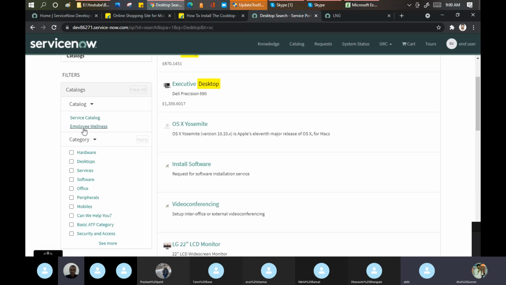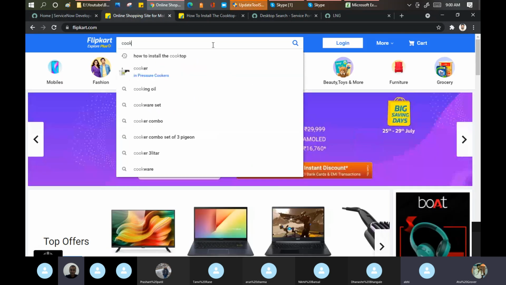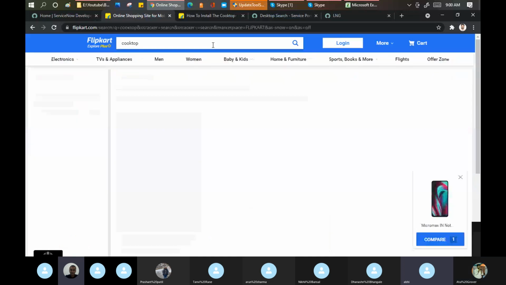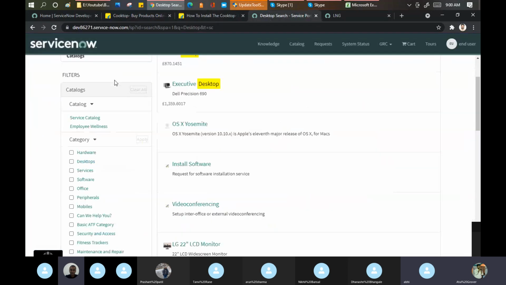In which category are you looking for the desktop? Service catalog or employee one? Or filter? You want hardware, software, all these options are available. Like if you say these things, filter, these things come automatically. The same thing is applicable here as well. The filters are coming automatically.